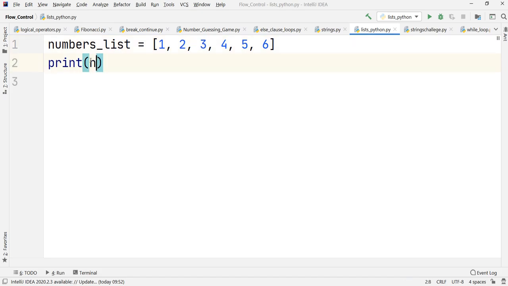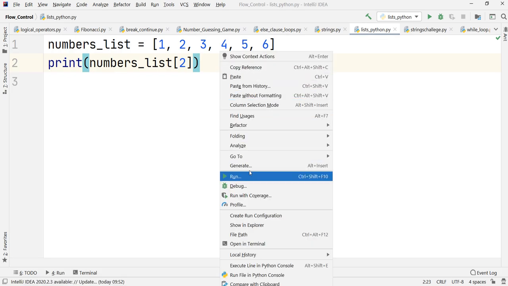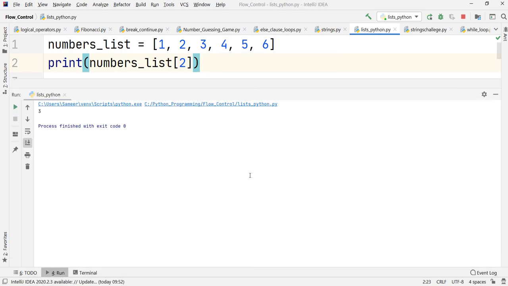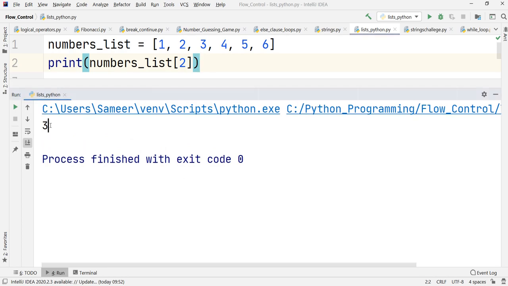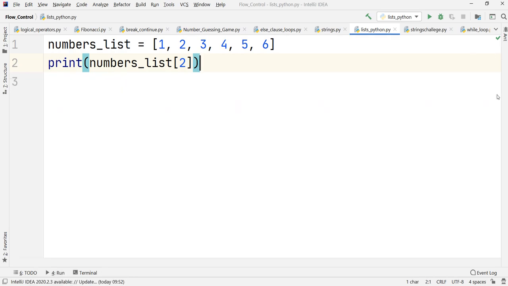I'll have to write the name of my list, numbers underscore list, and in square brackets I will write the index position of that particular value. Right now the value is at index 2, that is why I have written 2. Let us see whether this works or not. As you can observe, it gives you the value at that particular index. So this operation can be done.